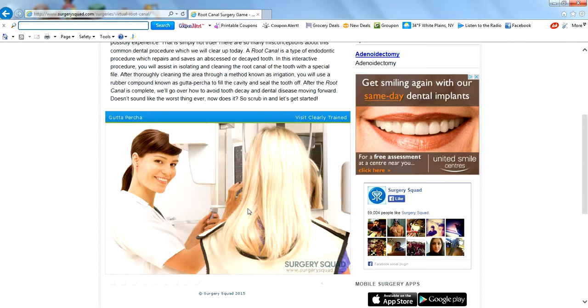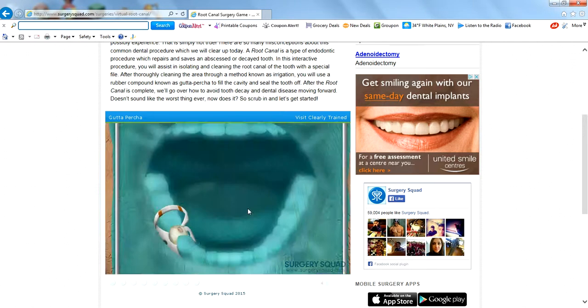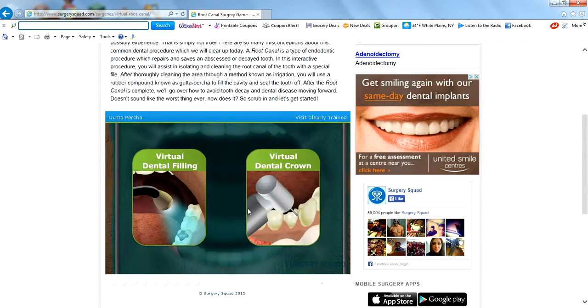It is common that additional x-rays are taken to verify that the canal has been adequately sealed off. Once the dentist verifies that the canal has been sealed, a filling or crown is placed, depending on the location of the tooth. You can learn more about fillings and crowns in our virtual dental filling and virtual dental crown